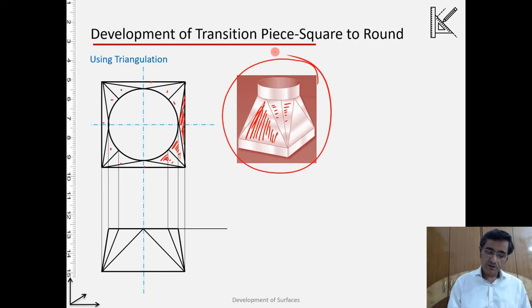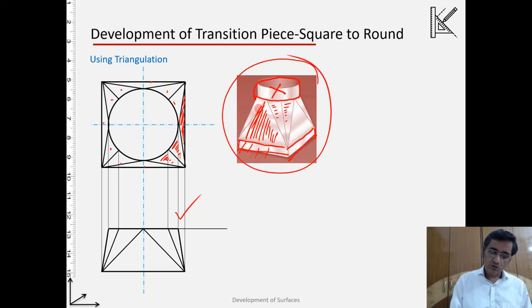One more thing, in this case, don't confuse, because right now in our projection I have not shown this top part, and neither this part, and it is simple.